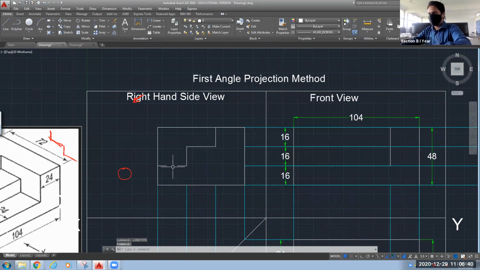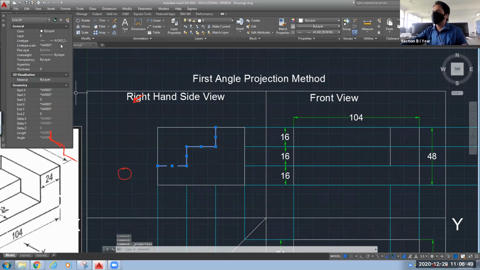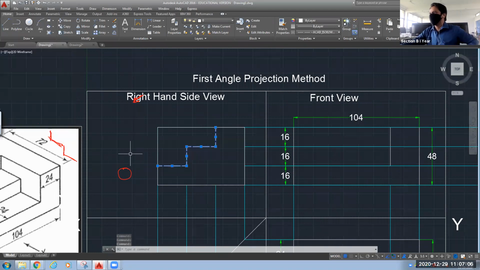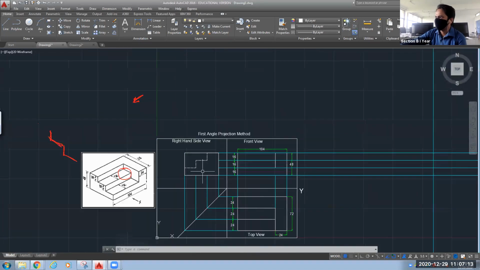Then select the lines whose type we want to change. By pressing the Shift key, you can make a multiple selection. Go to properties, line type, change it to this one. First we'll make the scale 1. It is not visible. 0.5. Now it is visible. This you can see is not dash lines, it is not clearly visible.